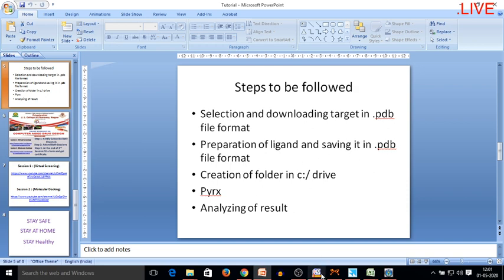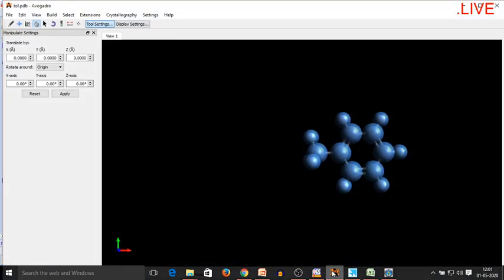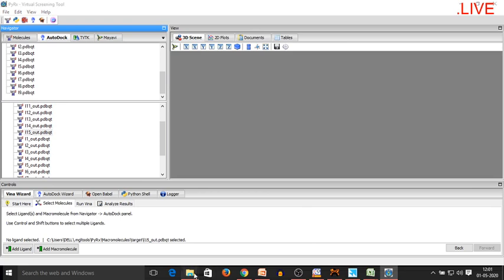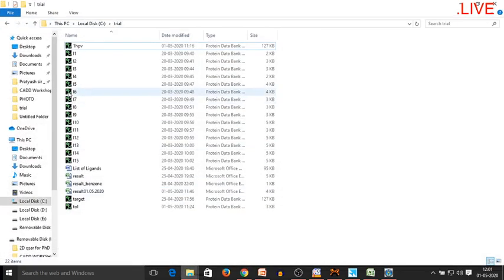We used ChemSketch and then Avogadro for carrying out that process. Further, we created a library of the molecules with the names L1, L2, L3, L4, L5, L6 and L15. This library was considered as ligands library, and we saved the target file with the name of target.pdb.